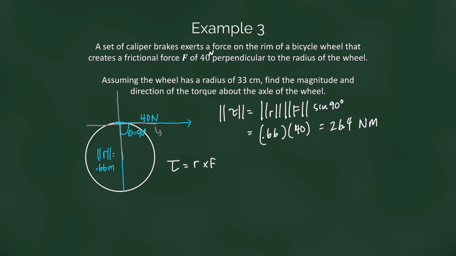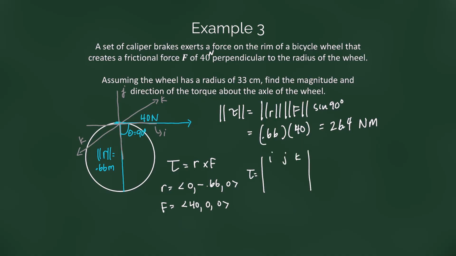So this is my i-axis. This is my j-axis, my k-axis. You have to imagine that extending out in 3D. There's k. So I can write r. My vector r is pointing downward along the j-axis, so it is the vector 0, negative 0.660. My force vector is acting only in the direction of i, so it is going to be 40, 0, 0. So when we cross those, we're going to get,